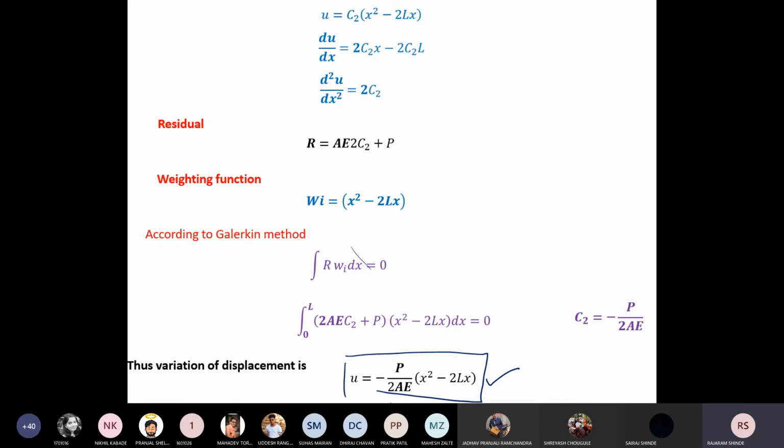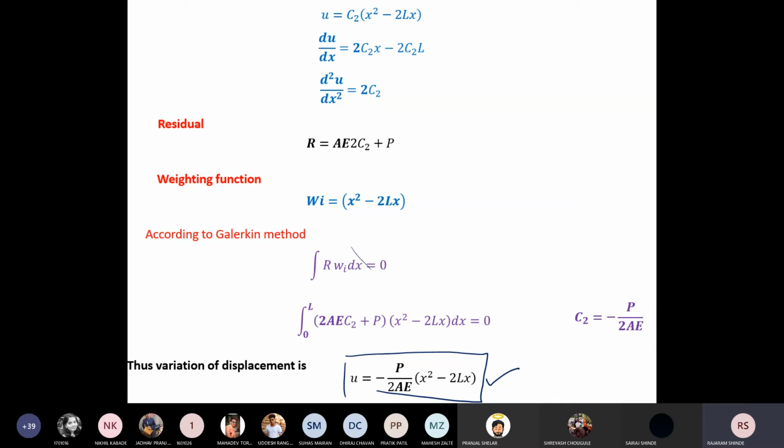Sir, if we do not take the minus sign inside and keep it as it is, is that okay? Yes, it is fine, no problem. That is a simple solution. Okay. Any other doubt in the process? Okay, I think you don't have a doubt. If you have doubt, you can ask me.